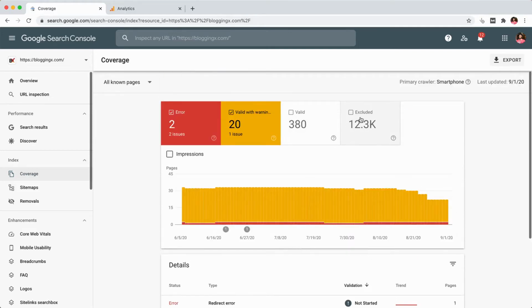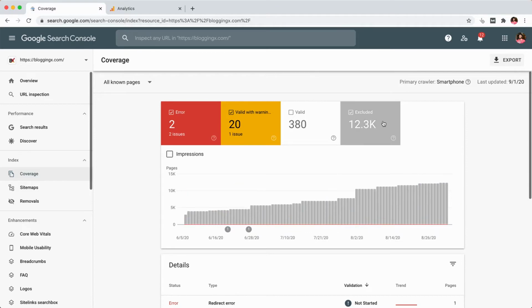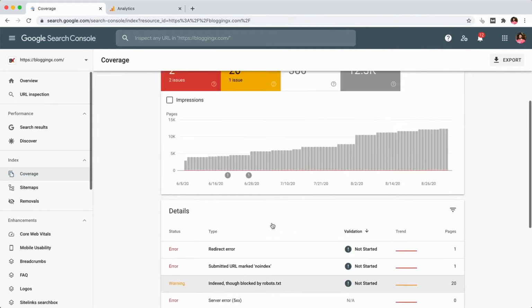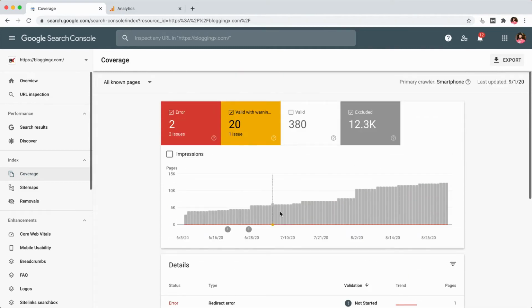And these are all some of the pages that are excluded by my robots.txt. I just need to see whether there are any important content that is being excluded by my server configuration to be indexable by Google. Like normally this won't be really an issue, but still you need to keep an eye on this, right? Whether there are any important pages excluded or throwing any errors in the eyes of Google.